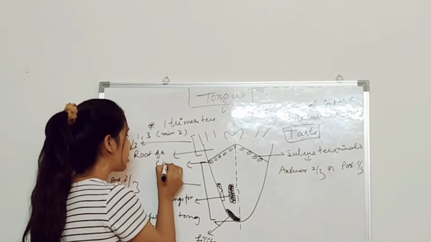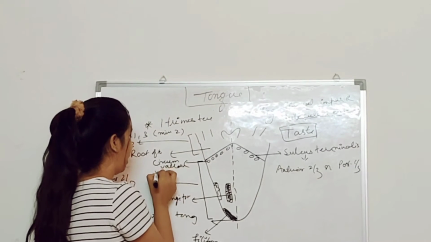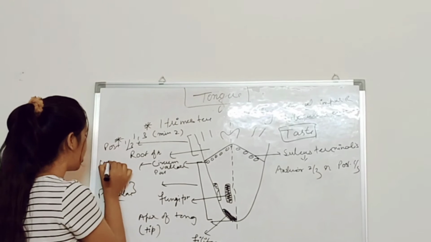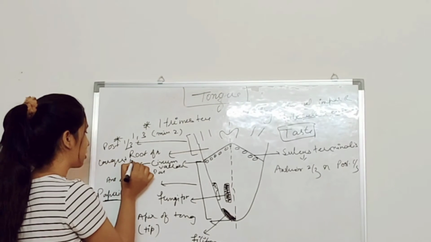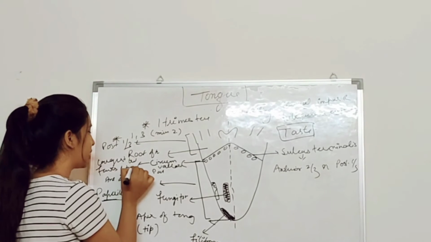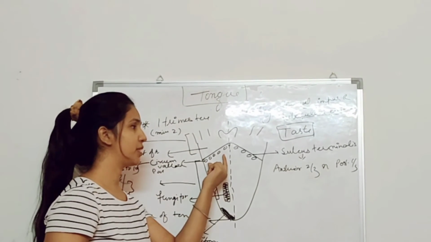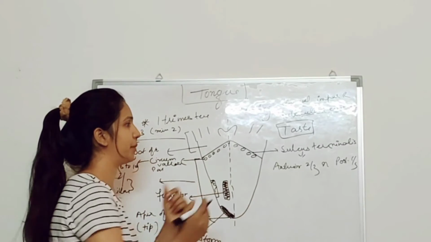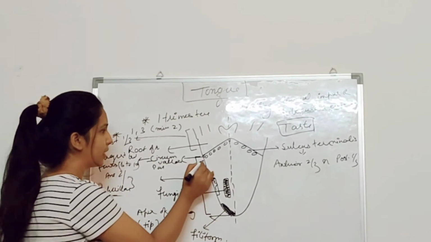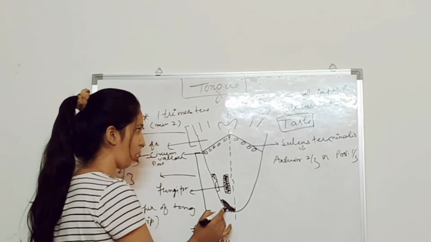These are called circumvallate papilla. I told you two features. These are the largest but fewest in number. These are going to be 6 to 10 in number, but they are the largest circular papilla present anterior to the sulcus terminalis. They are known as the circumvallate papilla. These are the circumvallate, these are the fungiform, and these are the filiform.